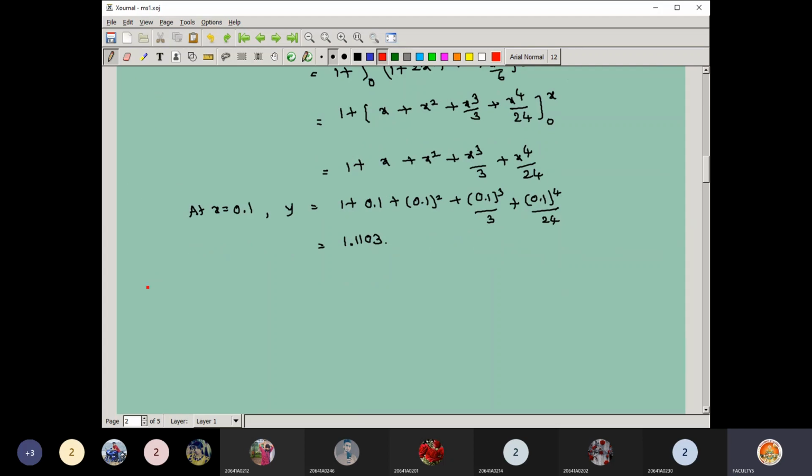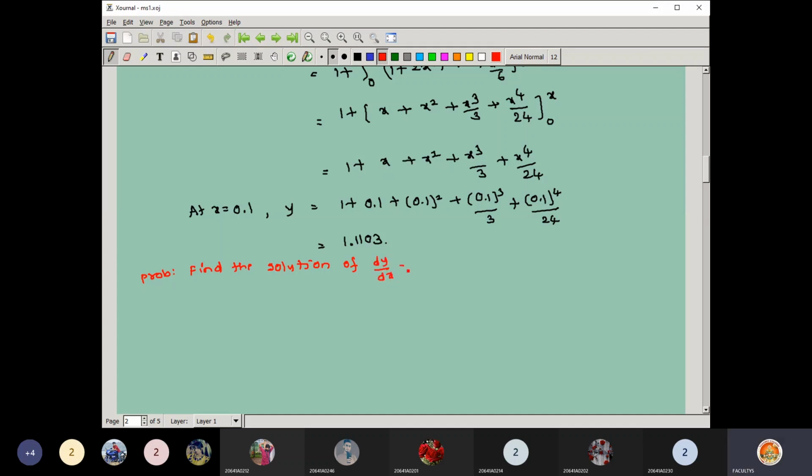Shall I go to the next one now? Yes, sir. So, find the solution of a problem that is given. Better, look at the previous problem. Have you got the same answer by applying the Taylor series method? There also we calculated the y value at x equal to 0.1. I think you will get the same.